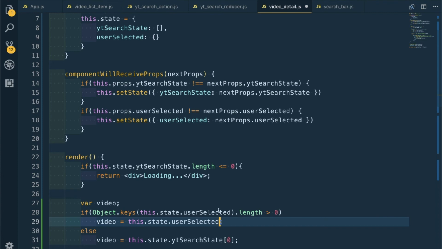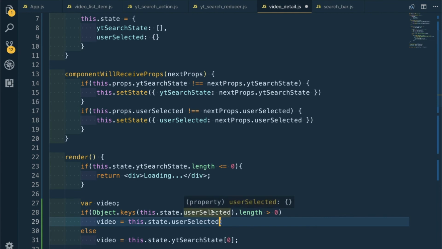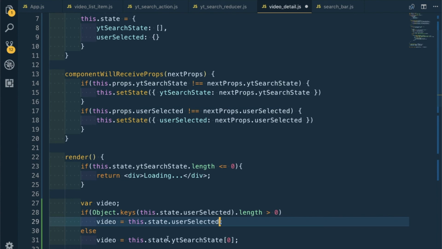Now object dot keys, this dot user selected, it changes it into an array. It takes all the keys and changes it into an array, object dot keys. So the length will be greater than 0. So if the length is greater than 0, we are coming in and we are changing the video to user selected. Or else if it comes with the initial app.js, that React tutorials, or we do some search in the search bar, then also this will not happen and we will come here and